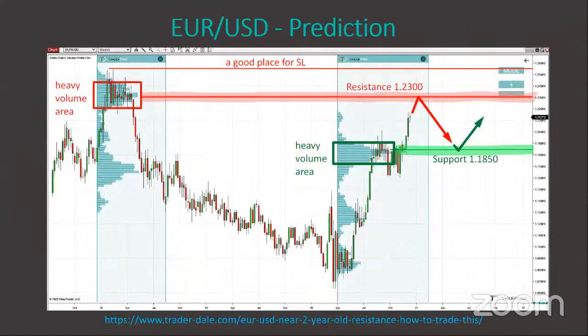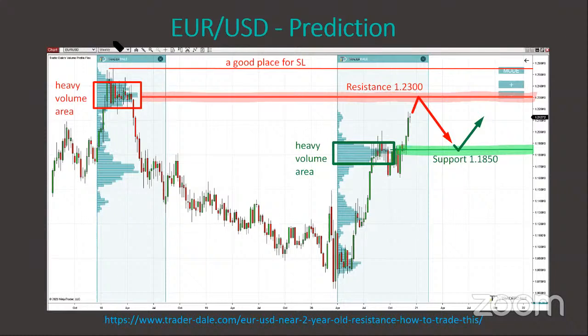Now, let's go and have a look at some charts. What I'm going to do is go through a couple of real trade examples of trades which I predicted and that already played out. I'm not really doing that to boast of how my predictions worked, but I think it's better to show you examples of real trades than some potential or made up trades. So let's go and have a look at the first example. This is a prediction on the euro, a long-term prediction. And by the way, this is a link to that original prediction. You want to check it out.